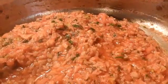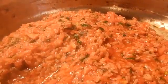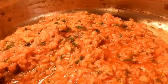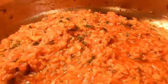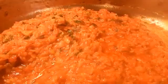I just wanted to show you where in the process I was with the stuffed tomatoes. So I ended up adding that 8-ounce can of tomato sauce, and I also added whatever juice was left that had strained. It wasn't a lot, maybe a quarter of a cup, maybe a little less. And I am just slowly sauteing it